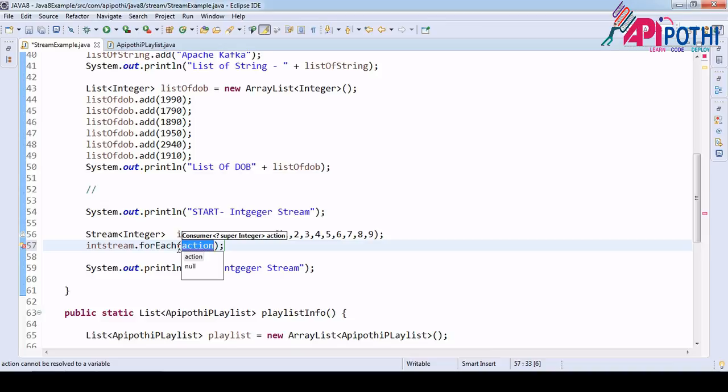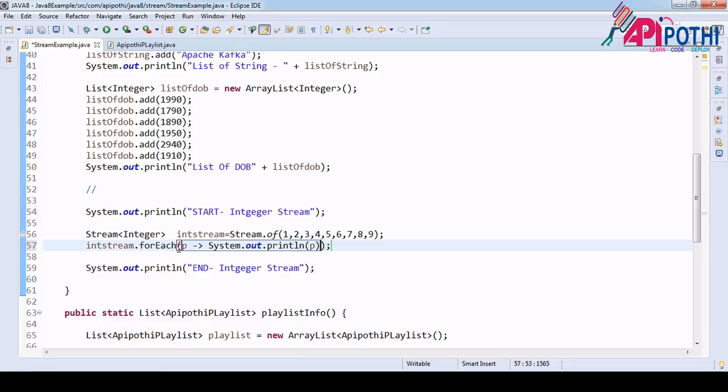In order to print that, we are going to use a lambda expression, as we already understood that Stream API and lambda expressions are tightly coupled. That's how it got designed to approach functional programming. So p, and print p, that's how we are going to say.